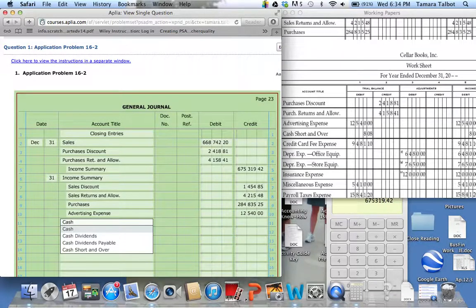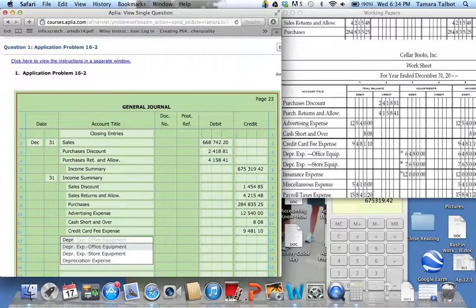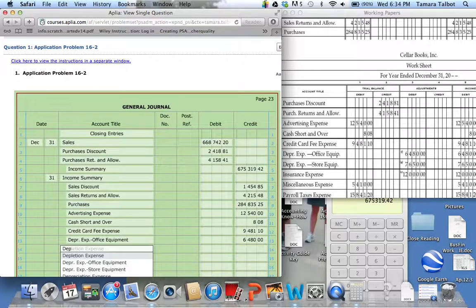Cash short and over, $808. Credit card fee expense, $94.81. Depreciation expense, office equipment, $64.80. Depreciation expense, store, $76.50. Insurance expense, $12,000. Miscellaneous expense,